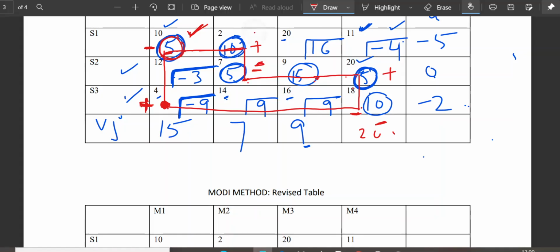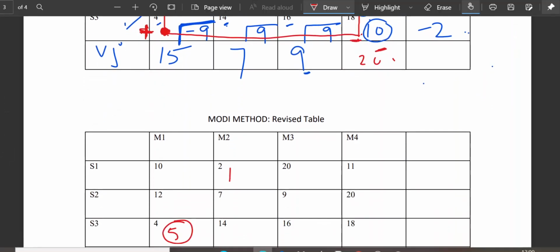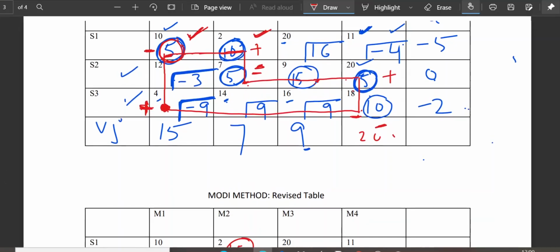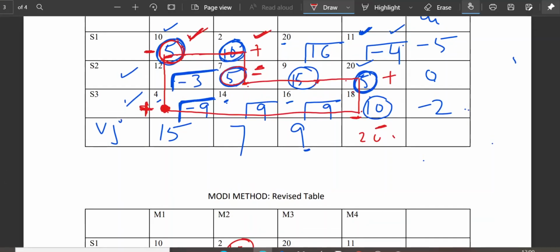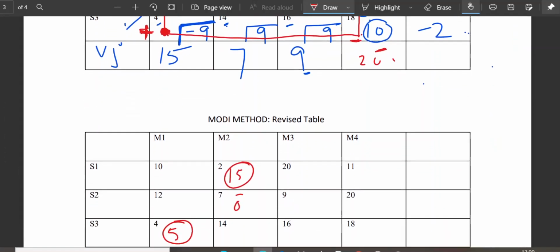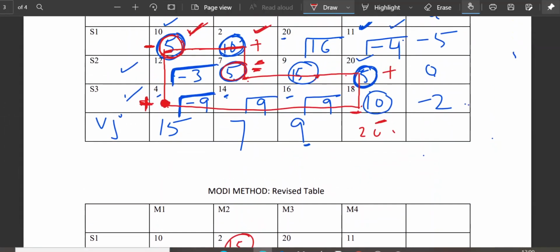Now this sign is plus here, and in the circle there is 10. So 10 plus 5 is 15, and I will write 15 here. Now come to this 5. Here it is minus, so 5 minus 5 is 0. Amongst the negative cells, you subtract that value; at the plus cells you have to add. See, 15 is here, with no sign in this cell.